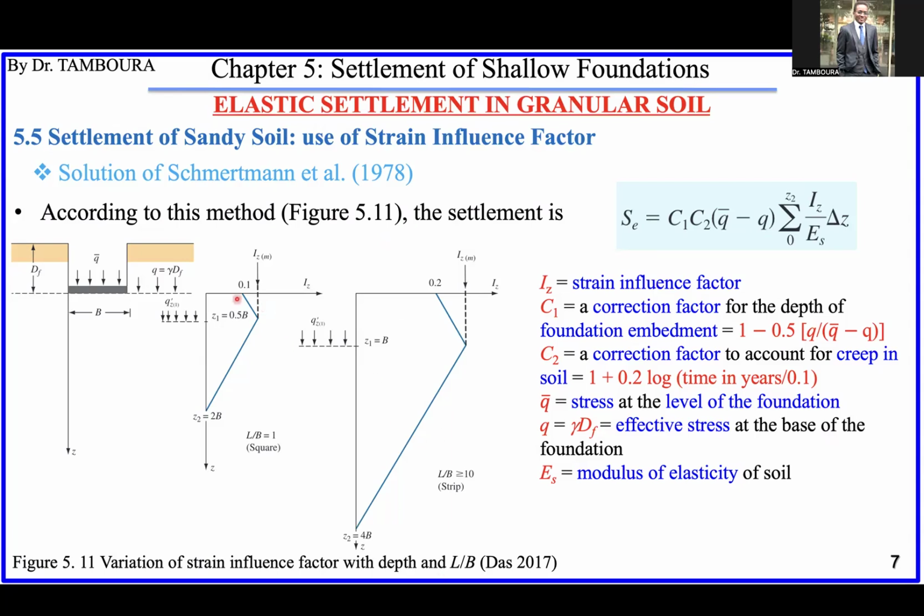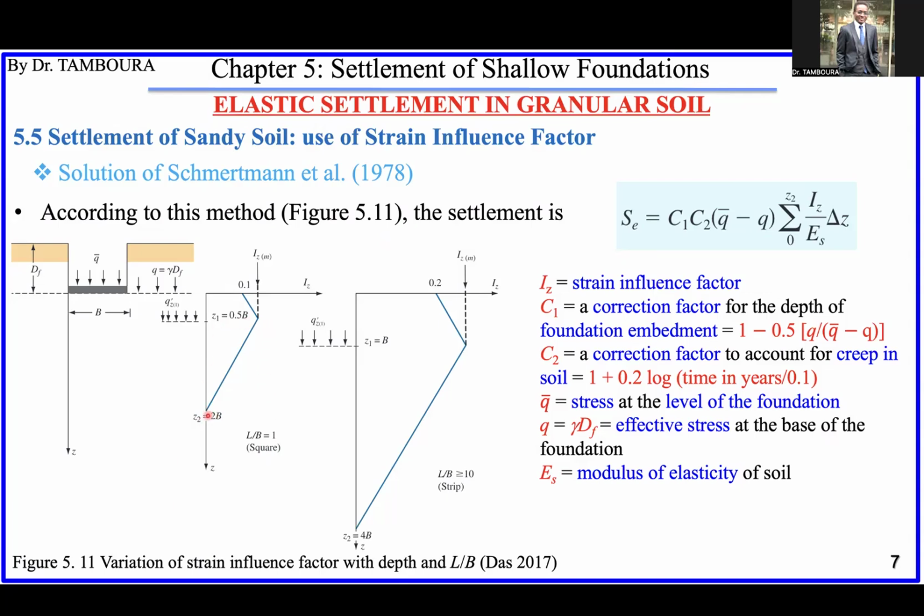So if you are, for example, at the ground level, or you are at Z1 with 0.5 times the diameter of the footing, or let's say the side of the footing, in the case of square footing,